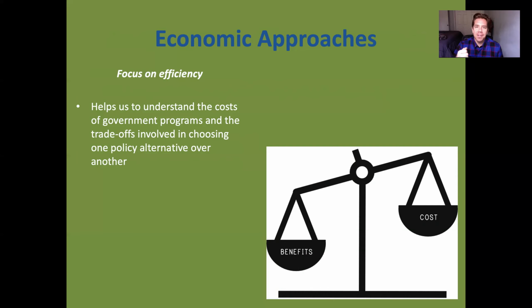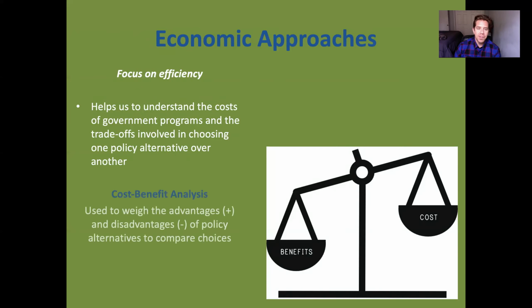How much impact is it going to have given that it costs money to implement? Economic approaches make a lot of sense for assessing the efficiency criteria that is often applied to evaluate different policy solutions. Efficiency focuses on the cost of government programs, the benefits that those programs will provide given those costs, and it helps us to think about these trade-offs